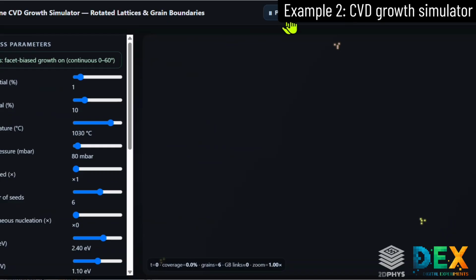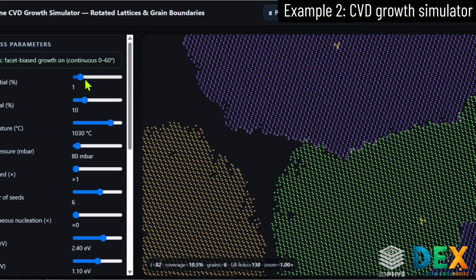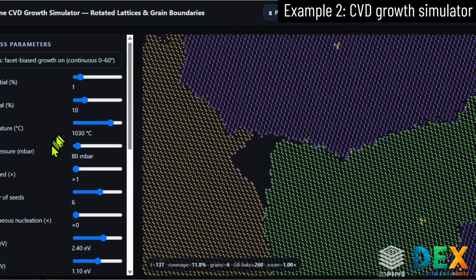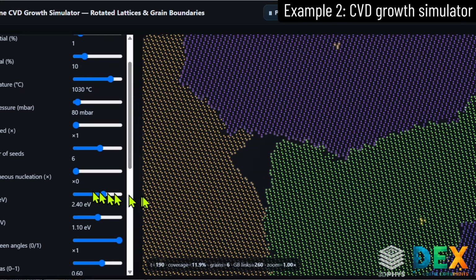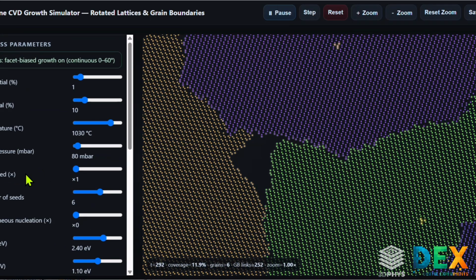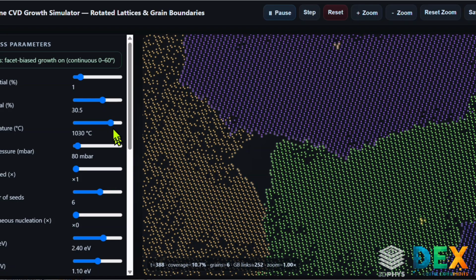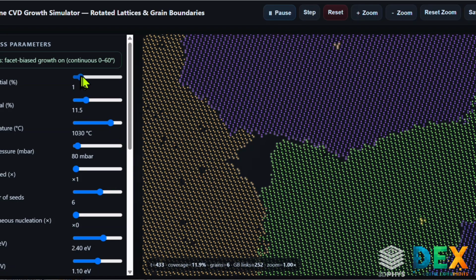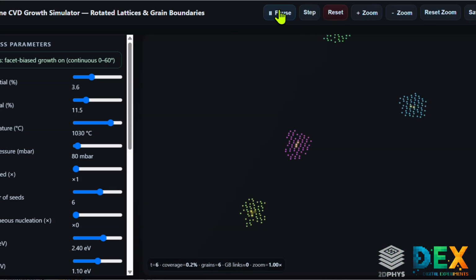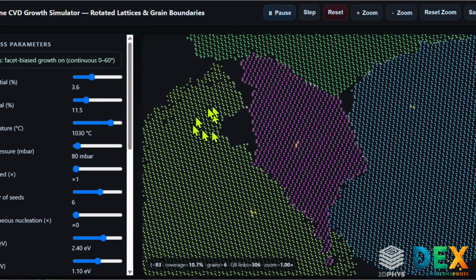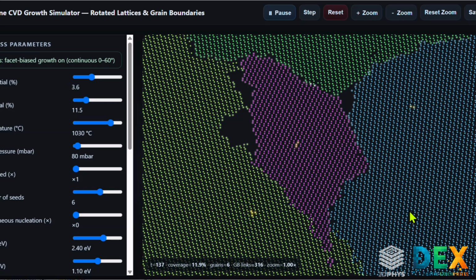And here's another simulation that simulates chemical vapor deposition growth of graphene. You can change the partial pressures of methane and hydrogen, the temperature, and even the activation barriers for diffusion and dissociation, and so on. If I increase the hydrogen partial pressure, you can see that the etching rate increases dramatically. There are still some bugs in it. You still get these gaps here, but more or less it contains a lot of what we know about CVD